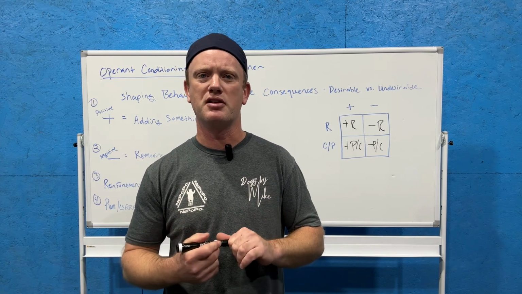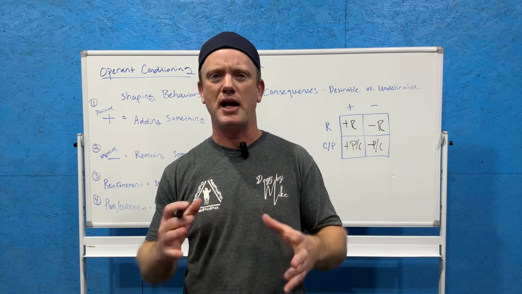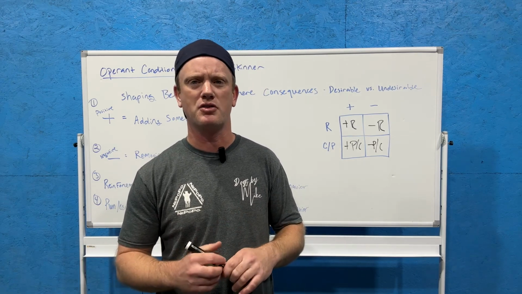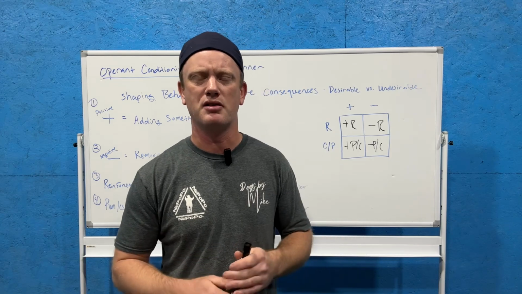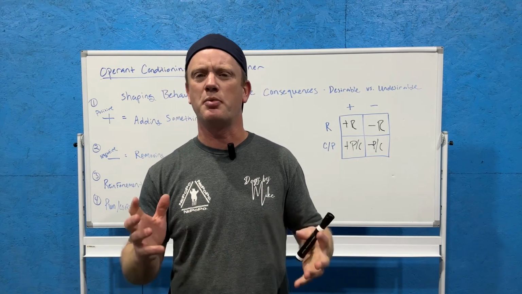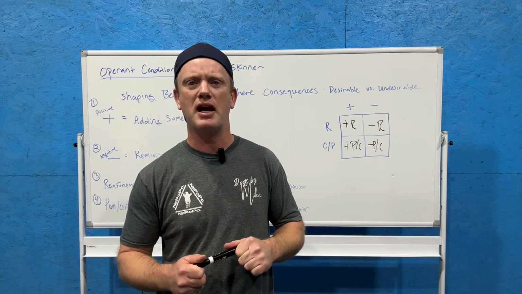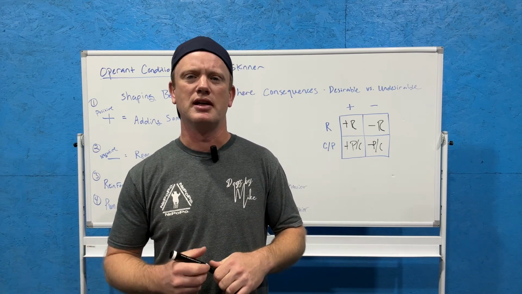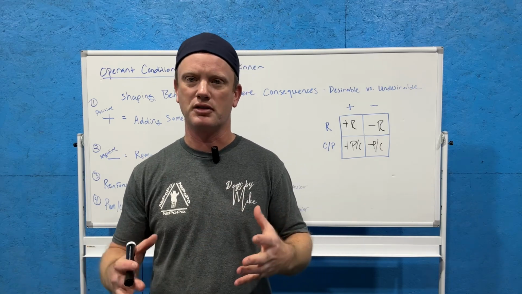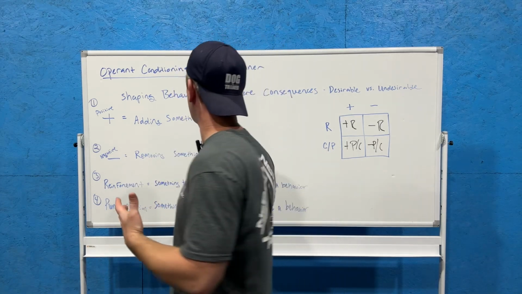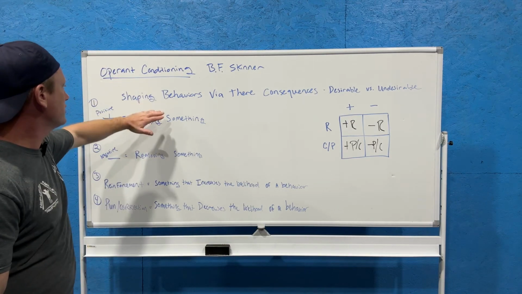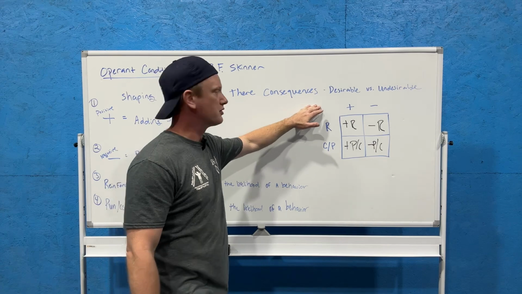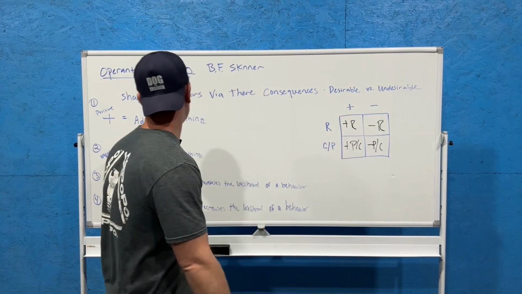Another thing to remember and consider is that while all these terms are kind of black and white as far as the definition, so to speak, in real life scenarios, there's often a gray area. Dogs don't think black and white all the time, right? But all these experiments demonstrated Skinner's concept that behavior is shaped and modified through the use of manipulated consequences. And that's really the point behind operant conditioning. So don't get too confused with it. Just remember that operant conditioning is simply shaping behaviors via the consequences, whether those consequences are desirable or undesirable,